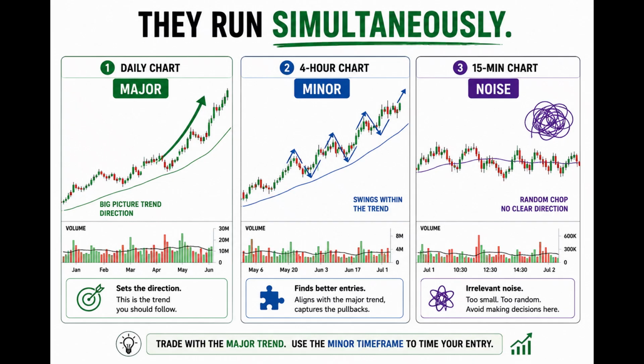If you trade against the major using a minor, you get destroyed. The noise, anything below 15 minutes, is random. If you're scalping intraday, it's your tool. For everyone else, it's confusion. Rule 1: identify the major trend first, always. The major trend is the Mumbai-Pune Expressway. The minor trend is the service road. The noise is a back alley. If you're going from Mumbai to Pune, you don't take back alleys. This is the entire framework for trend trading in India that swing traders need. Get the major right, and the rest is just timing.